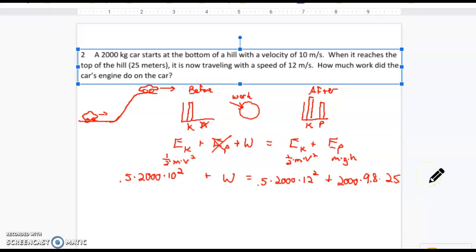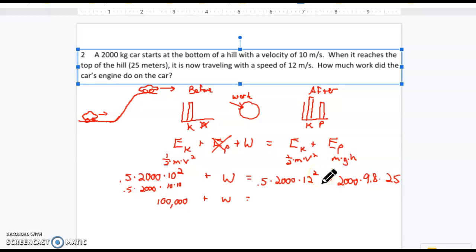But if I do all the math on this, I'm going to start over here, I'm going to start simplifying things, and I'm going to work my way to solve for this W. So I have 0.5 times 2,000 times 10 squared. So I'm going to do 10 squared first, 10 times 10, that's 100 times 2,000, that's 200,000 times 0.5, I get 100,000. Plus W equals, over on this side,